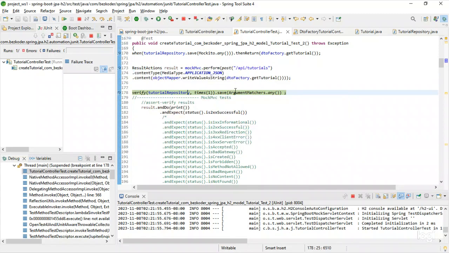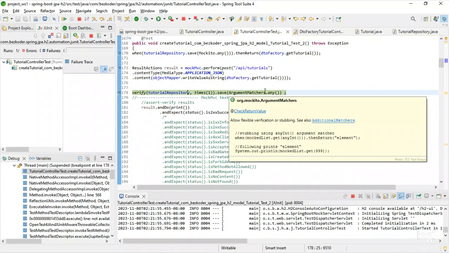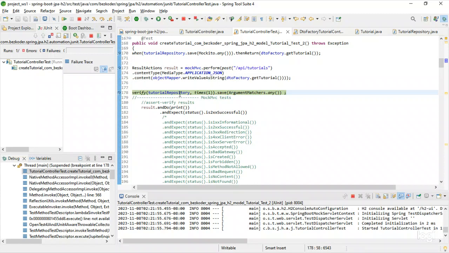What is it trying to verify? It's a post call. That means we have actually posted the data. In real life it will go to the database, but here we have mocked it, hence we have simulated the database operations. And what we want to verify is that that particular operation is successfully done. The way we will check that is by saying